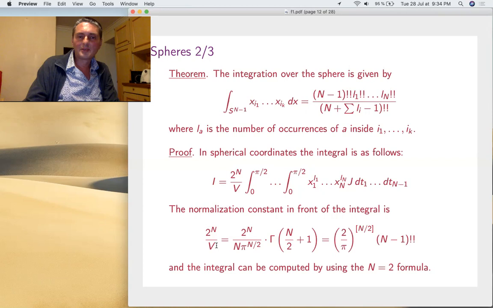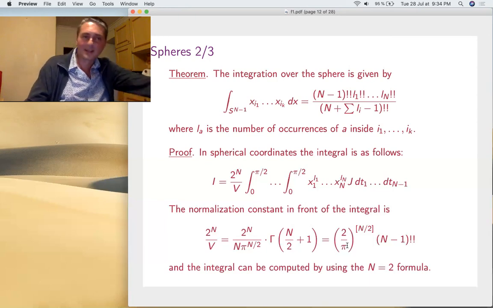Now the volume of the sphere, well, 2 to the n over the volume is something with a gamma function. And actually it's as simple as this. It's just a double factorial with this pi factor here. That's why the double factorial convention is very useful, for instance, for the volumes of spheres and many other things. So you have a double factorial here, which is the one here, and the rest, well, by Fubini,